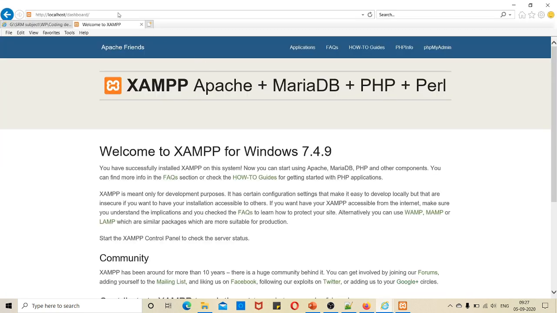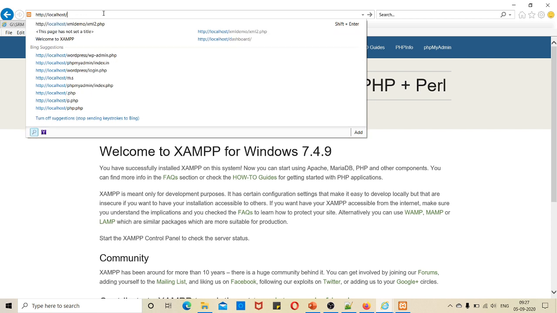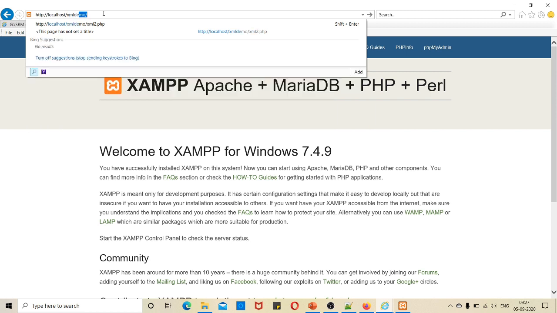So over here, after localhost or 127.0.0.1, whatever IP address you are launching with, you give the folder xml demo/xml2.php. I already ran this code, so it's showing it.